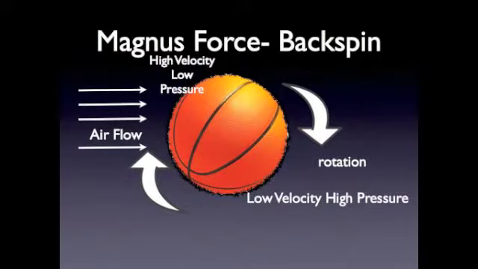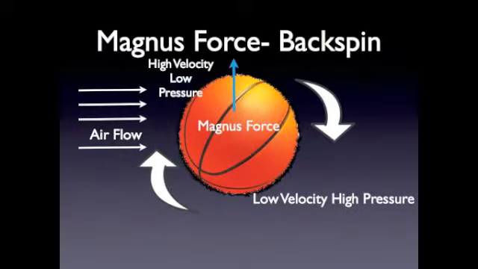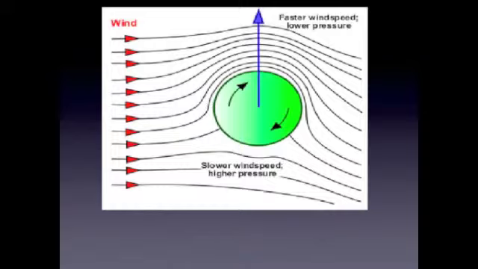The opposite is true for the bottom of the ball, where the spin opposes the airflow and the velocity is slowed, so the pressure increases. According to Bernoulli's principle, air moves from high pressure to low pressure, causing an upward lift on the ball. With this added lift, as the ball hits the rim, it bounces upward and often rolls in, coining the term